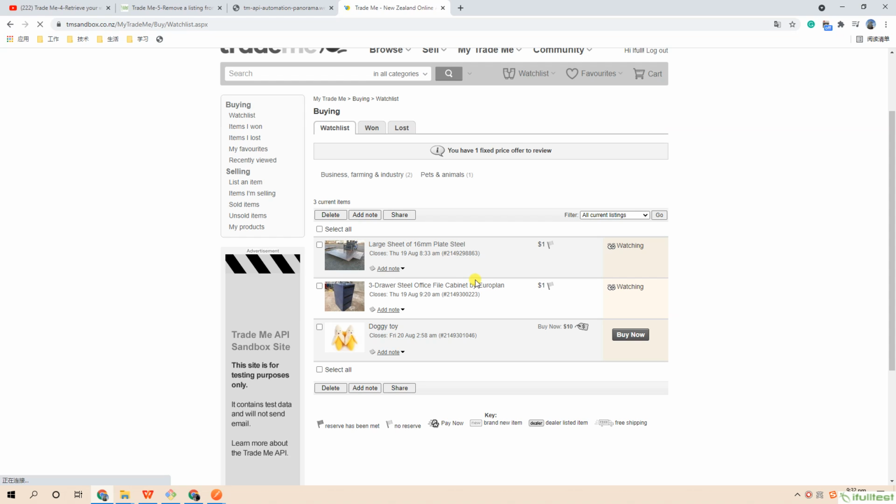We could expect that our pre-request retrieval watch list will catch the 3 items and transfer 2 of these items to another pre-request to delete. Then transfer 1 of these items to our main API to delete, so that we removed all items on the watch list. Then our post request retrieval watch list will catch 0 items on the watch list. That means our main API remove a listing from your watch list worked.